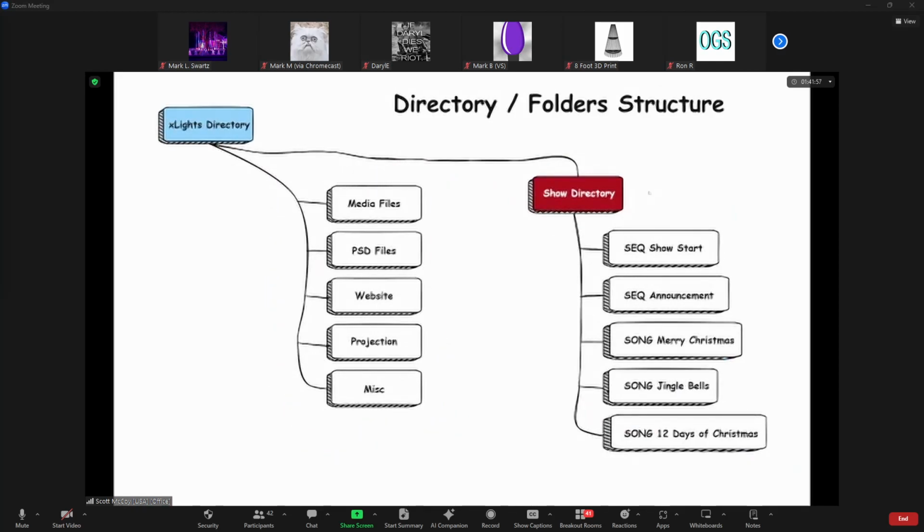So that goes back to having this kind of a sequence. If you have media files outside of your show directory, maybe audio files, video files, whatever, that you could use and you want to keep them all together, put them here as a separate area. Then you can drag and drop them and place them in those other folders as you go. So I'm going to show you